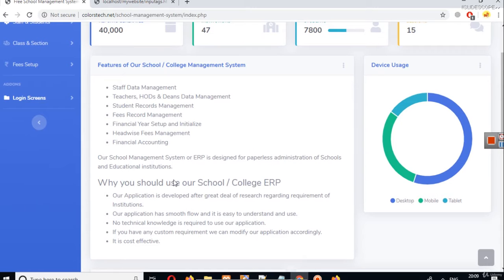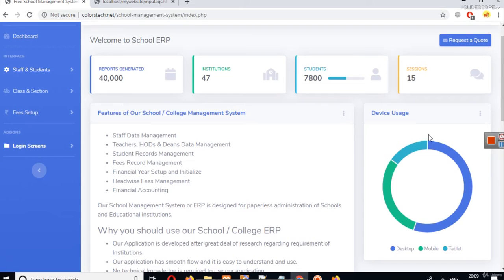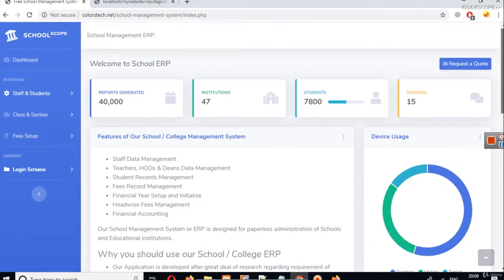In this section you can see the features, then you can see device usage and so on. There are different colors here and some icons here. Alignment is also controlled. You can click on these things. So again, the design of any particular website, the color scheme, the orientation, everything can be controlled using CSS.